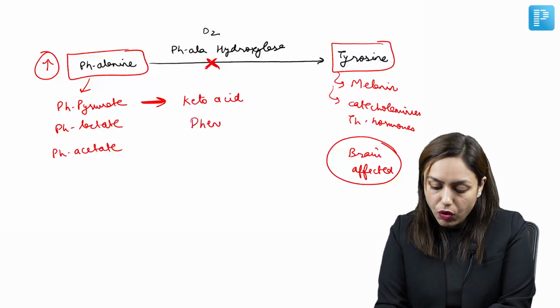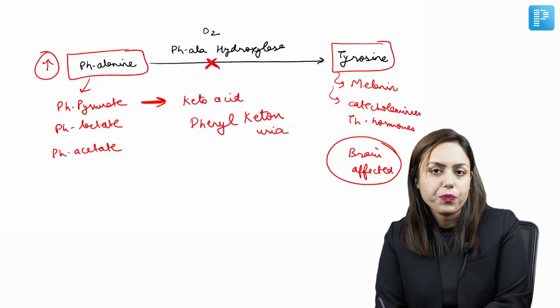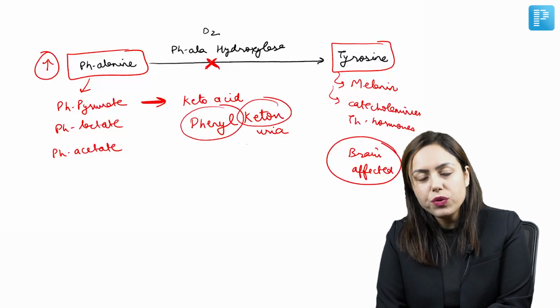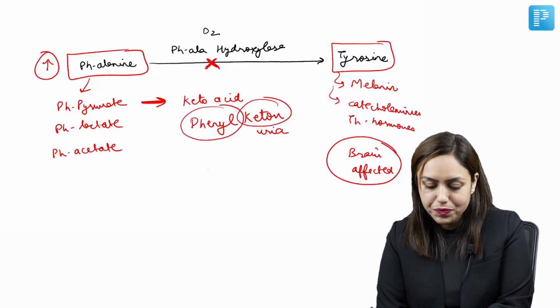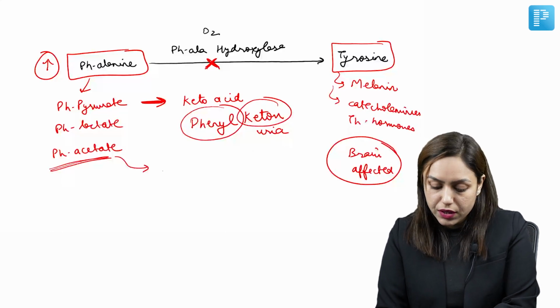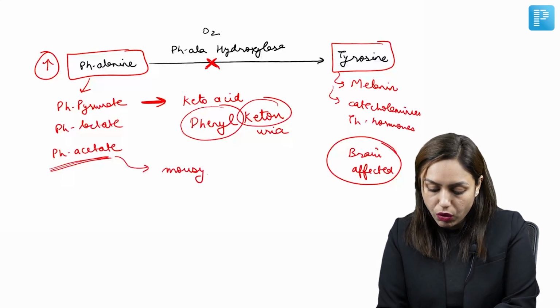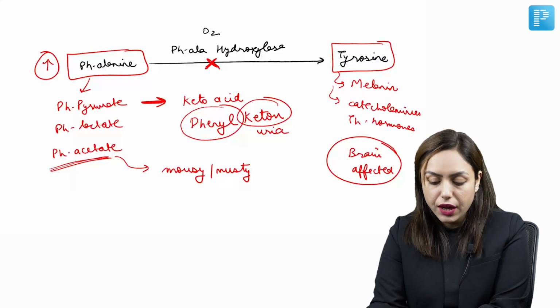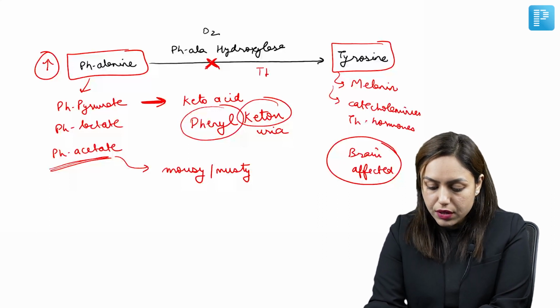That's why the name of the disease, phenylketonuria. Some phenyl ketone is coming in urine. Which phenyl ketone? Phenylpyruvate. Okay. Then, due to phenylacetate coming in urine, this gives a mousy or musty odor to these patients, right? Also remember that this enzyme, phenylalanine hydroxylase, requires tetrahydrobiopterin and NADPH. These two